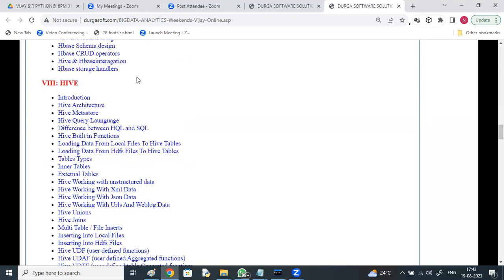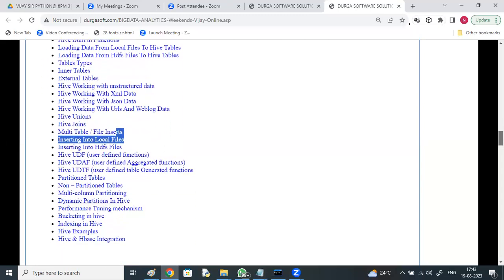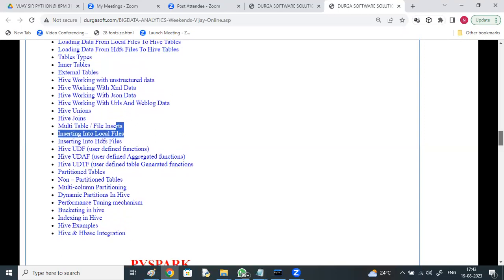We use a language for a data warehouse kind of environment, we go for Hive. We create tables, we make the data structure and create tables, different types of tables, internal and external tables, loading data from local and from HDFS files, working with unstructured data like XML, JSON, URL, weblog data, and UDFs, UDAFs, UDTFs. And the major portion,